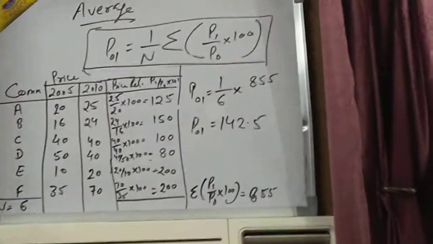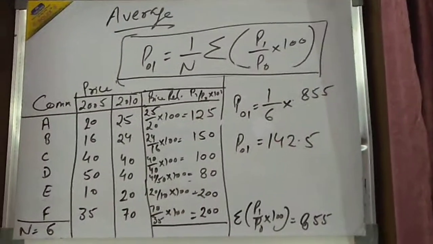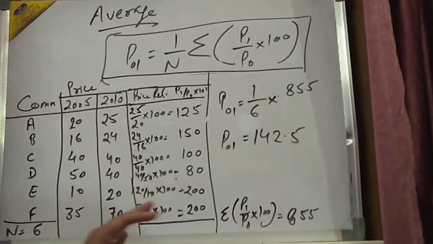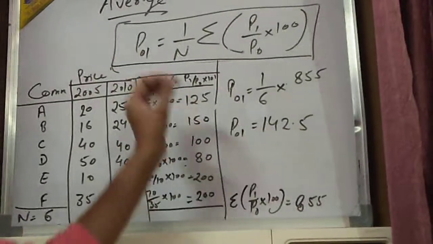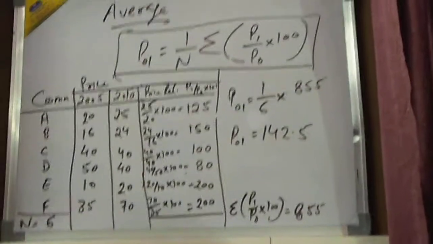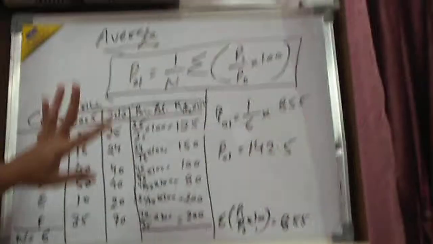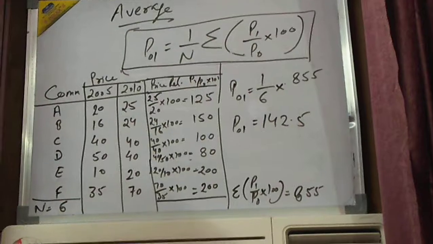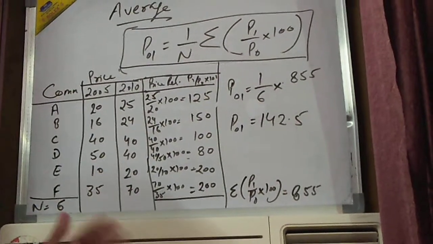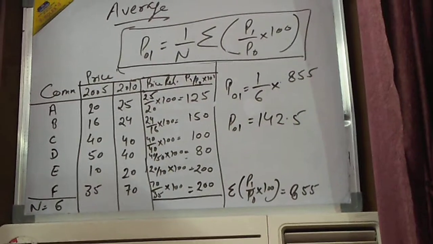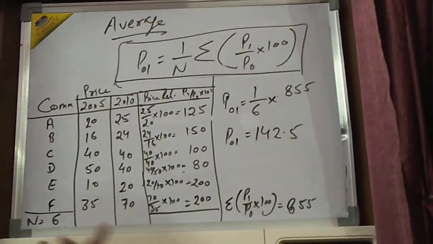If it is not mentioned in the numerical which method you have to opt, you can solve it by any method. But when it is especially mentioned to find out the price index by the average method or by the aggregate method, then you have to follow that method only. On the basis of these two methods, some numericals are given in your book. I think 6 or 7 numericals are given. Just solve those numericals. If you are still having any doubt, or if you are not able to get the answer of any numerical, you can WhatsApp me and clear your doubts.